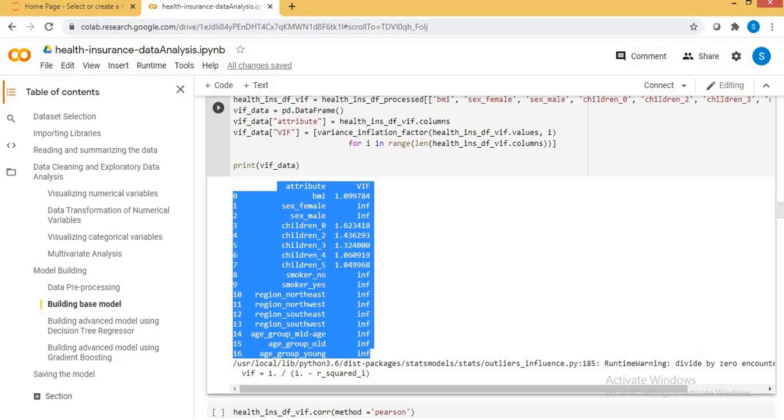We'll continue this process a lot more times in order to come to a conclusion or a conclusive model where the p-values of the remaining variables will be less than 0.05, the significance level, and the VIF should also be less than 5. In this example, we have undergone 6 to 7 iterations to come to the optimized one. Let's scroll down to see the final model.